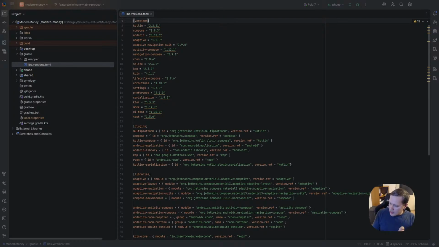I don't know why, but on my laptop, which I use as a second screen and usually see your comments in chat, it for some reason doesn't work. So I had to open a second window just with YouTube itself. I still see chat, but if I miss something, sorry about it. Can I extract it? Okay, I can extract it in a new window. Yeah, in this case it will be better.